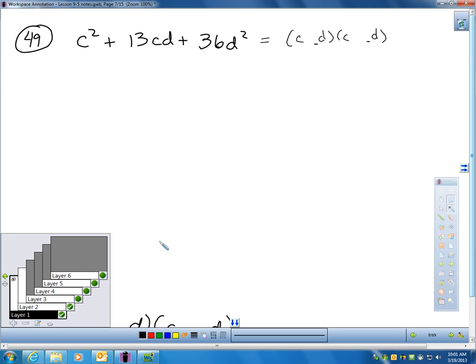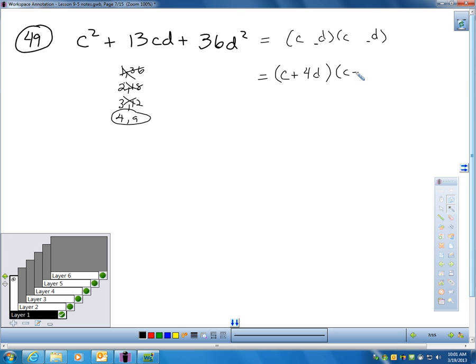I have to ask myself, what times what is 36? So I'm thinking in my head, well, 1 and 36 would work, 2 and 18, 3 times 12 works. What about 4 times 9? And I'm going to stop there because I immediately notice as I'm multiplying these out, none of the earlier pairs added up to 13 in the middle, but 4 plus 9 is 13 and 4 times 9 is 36. This must be c plus 4d